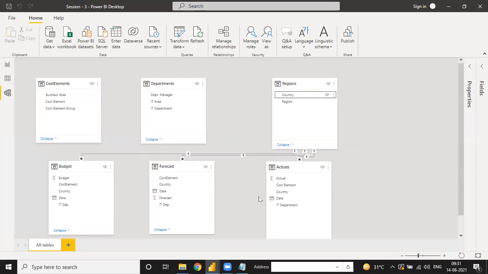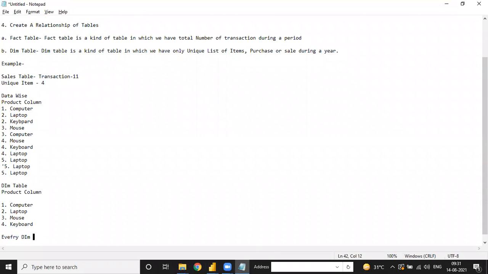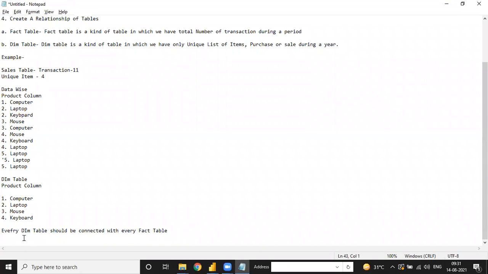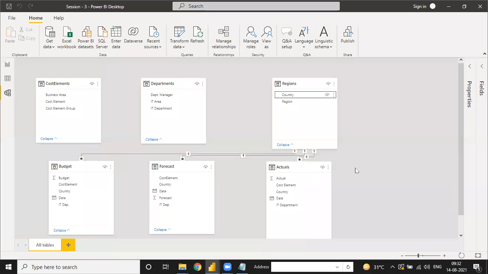You have to remember one thing, I have written it down here: every dim table should be connected with every fact table. Remember this, because this can be a question in your interview or in a higher examination, such as DA-100 or PL-300. That is the reason to choose the relationship.